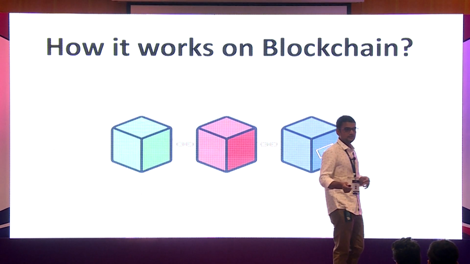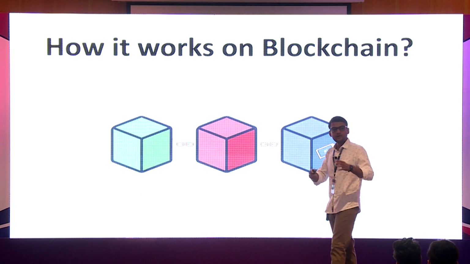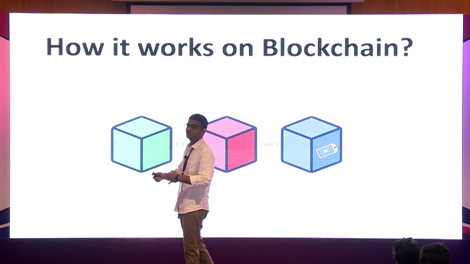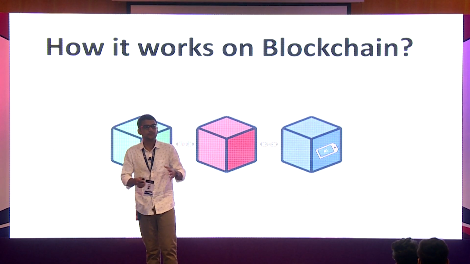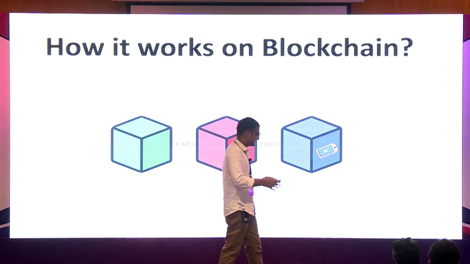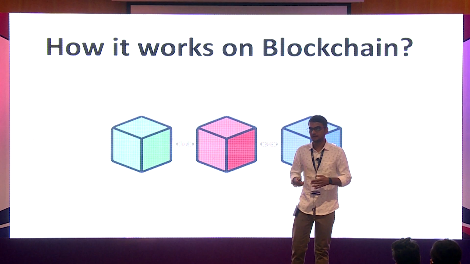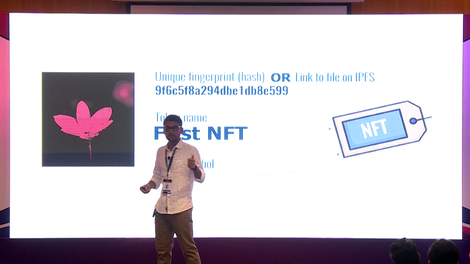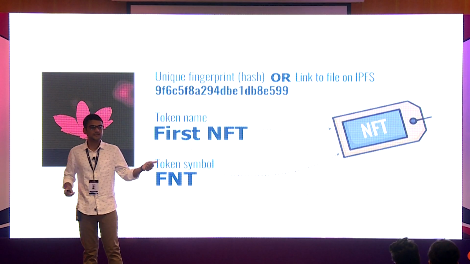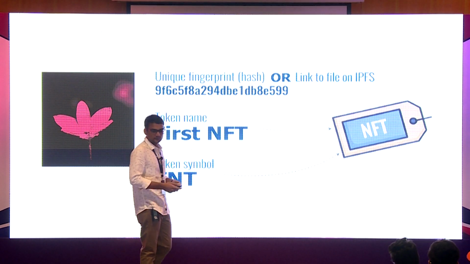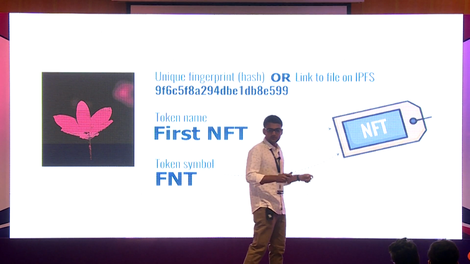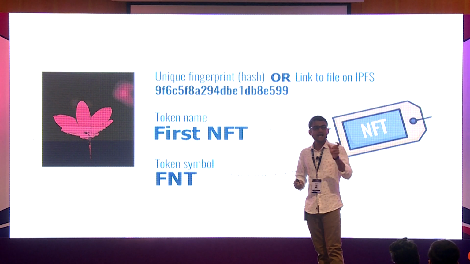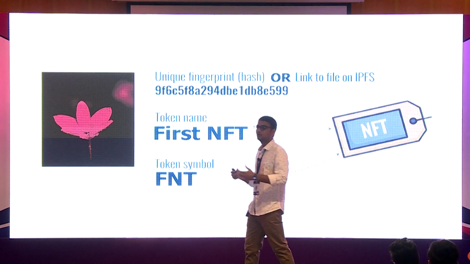So how does it work on a blockchain? We understood what is NFT, what are the assets, what is a non-fungible token, how blockchain is helpful to track the ownership record, and now we'll see how NFT works on blockchain. So when we create NFT, first we need a digital file, whether it's a JPEG, video, or anything else. So here in this case we have one image, and when we upload that image to blockchain, we first create a unique hash using a hash function. Now we know the hash function, right?